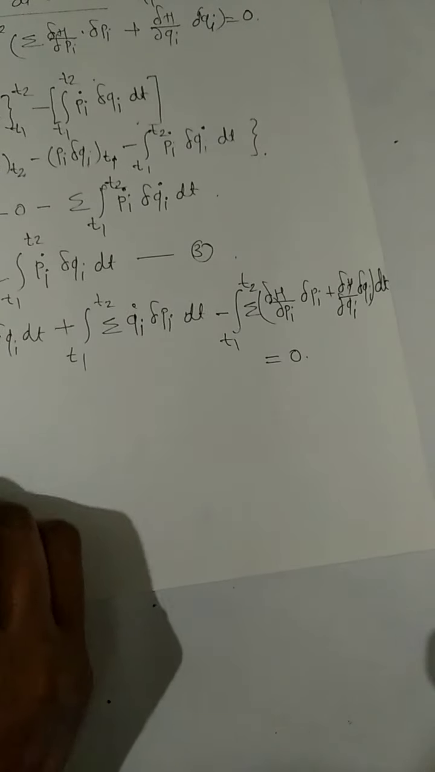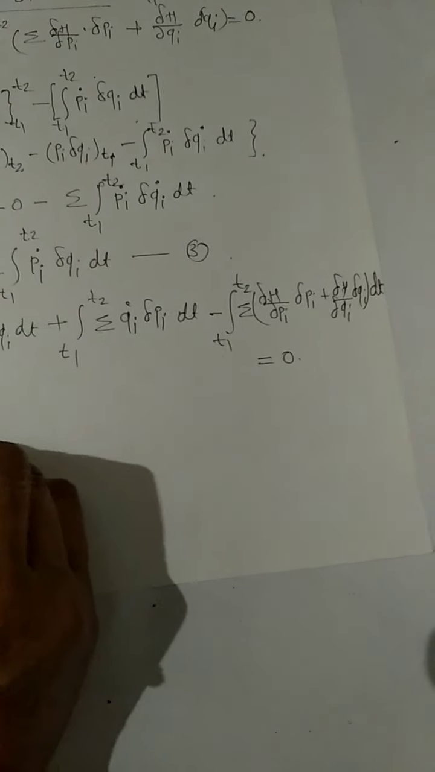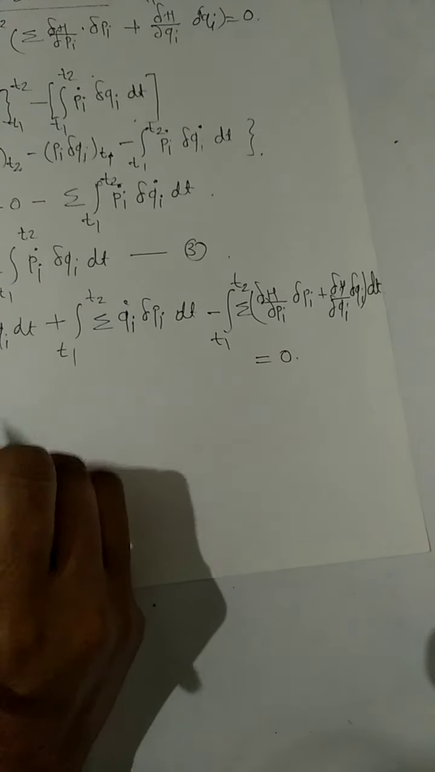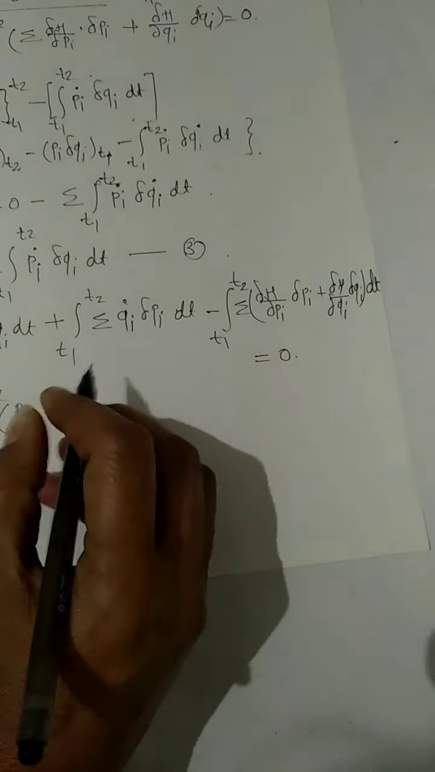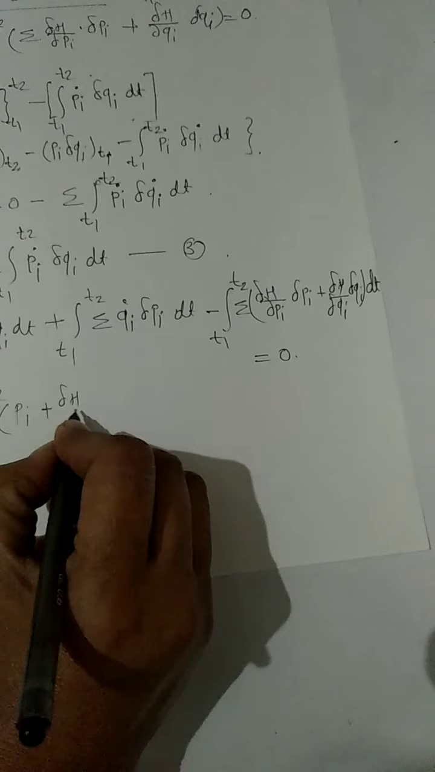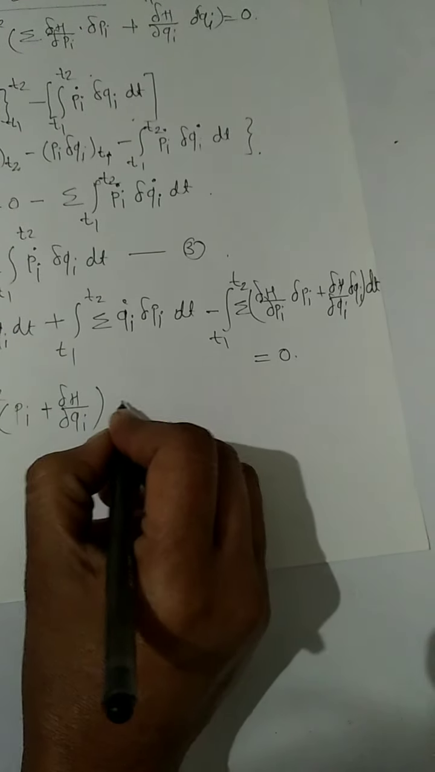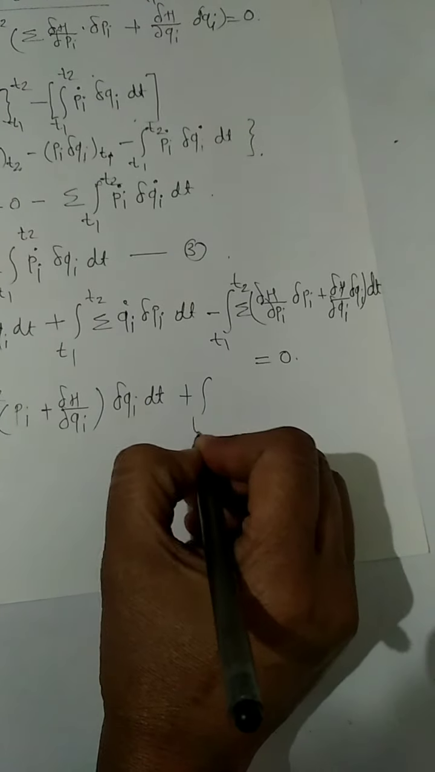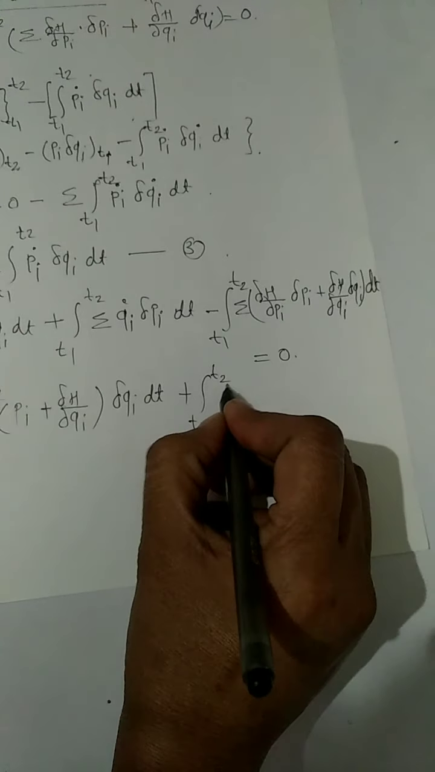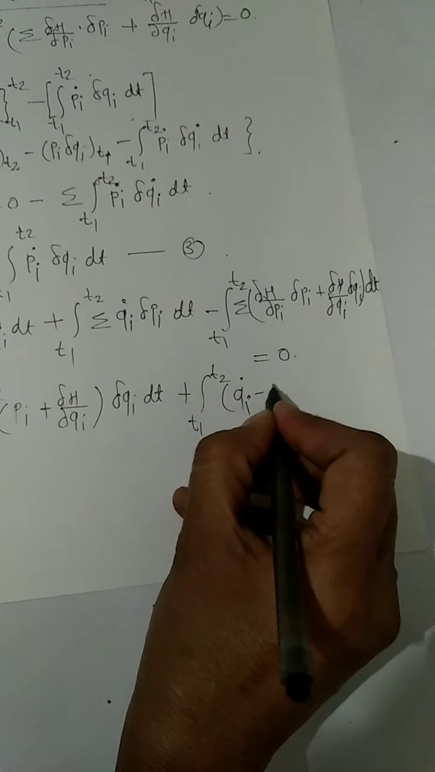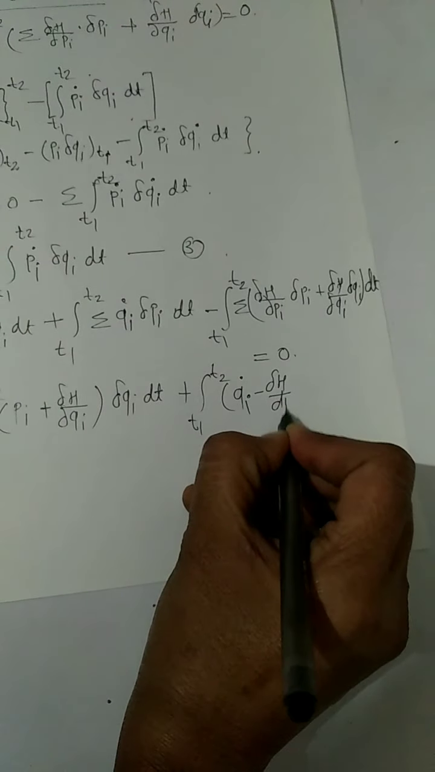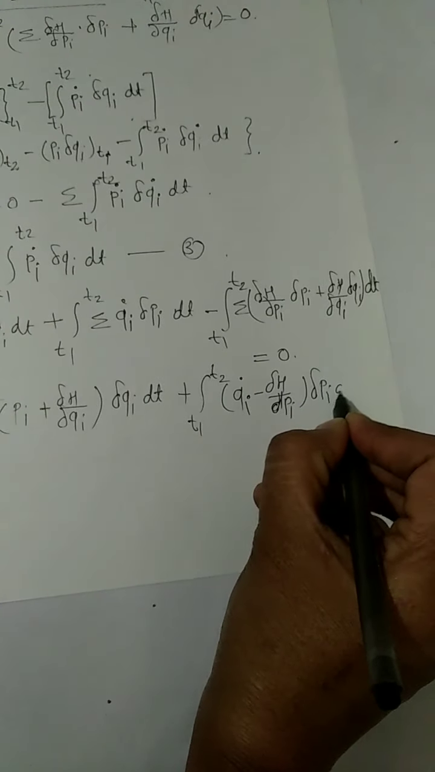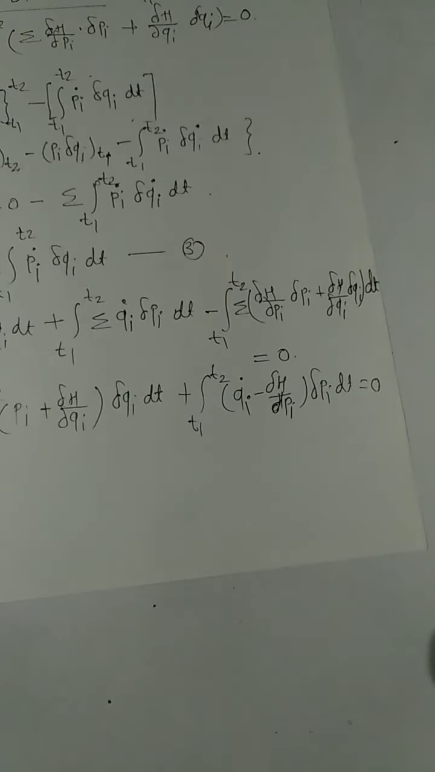take out the minus summation outside, and then minus summation integral t1 to t2 of Pi dot plus del H upon del Qi into del Qi dt plus T1 to T2 of Qi dot minus del H upon del Pi into del Pi dt is equal to 0,